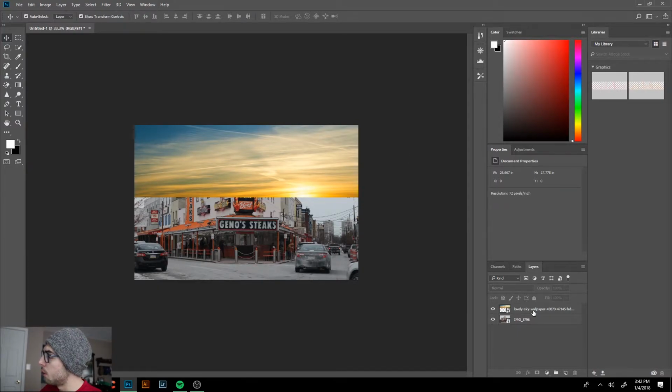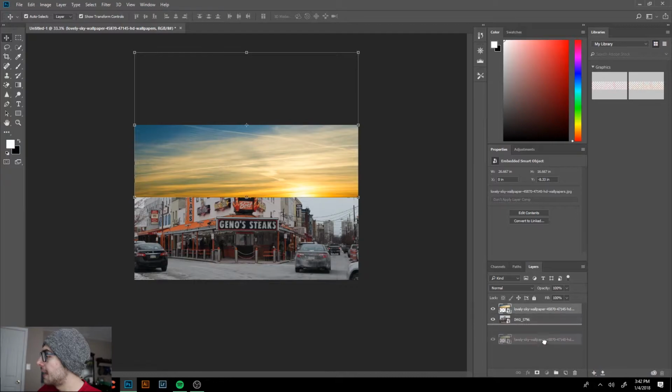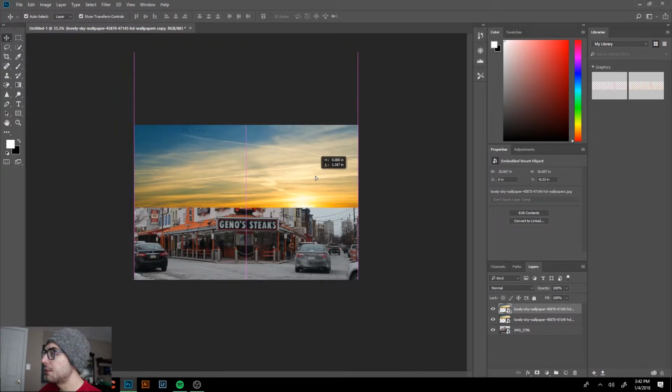What we want to do, though, is we want to click on this here, and we want to make a duplicate. So the way I usually make duplicates is I drag it, and I go down here to the duplicate tab, and I just drop it. And there you go. Now we have a nice, fresh duplicate of the clouds. Now what we could do now is drag the duplicate,